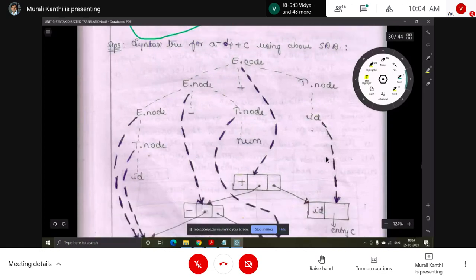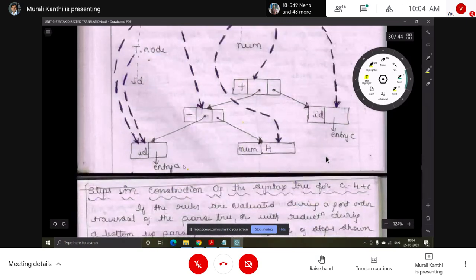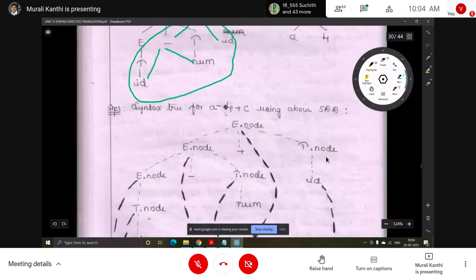Now create the node for this id: after creating the leaf node, in the first part the id address, then in the second part the entry. So finally we get a minus 4 plus c.